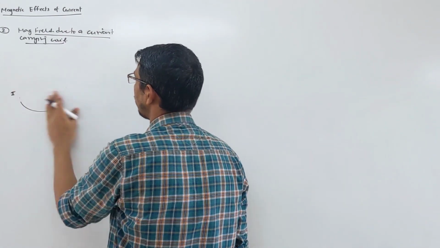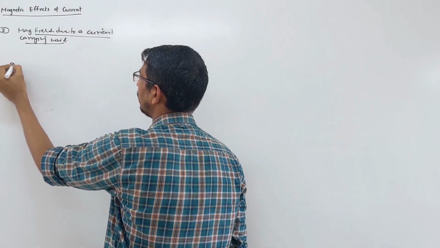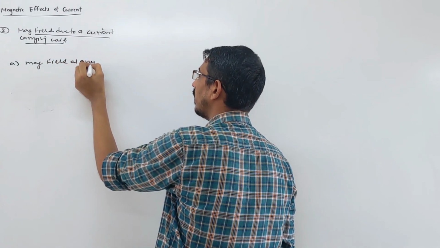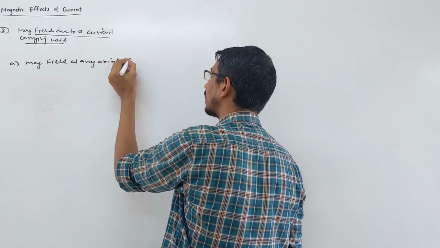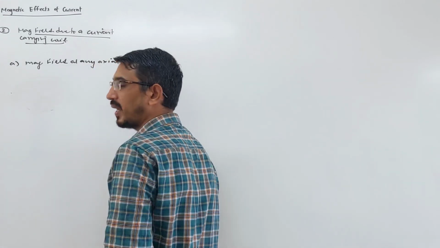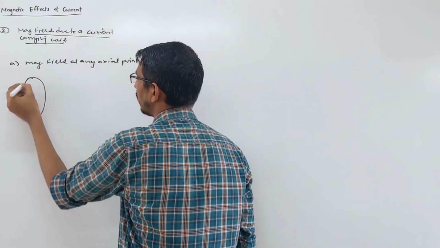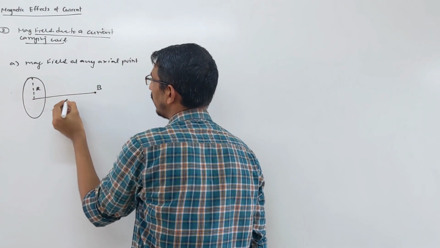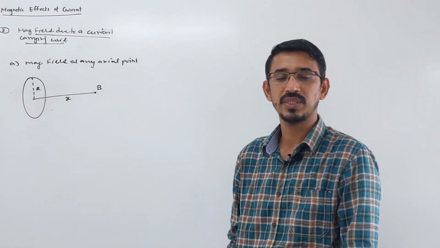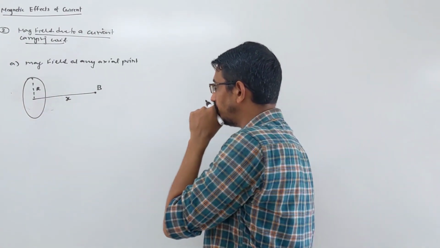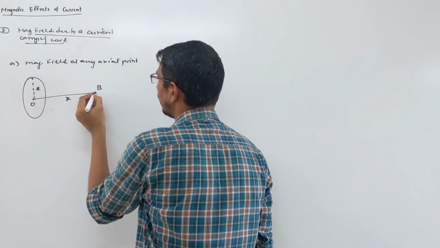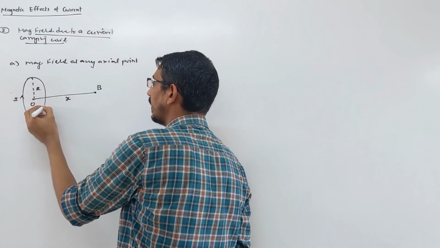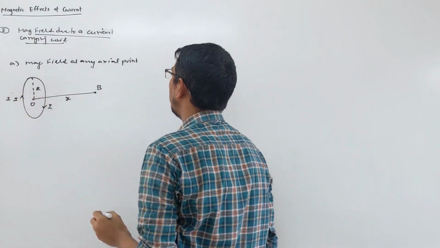Okay, so look here, the first simplest case, the general case, is the magnetic field at any axial point. You want to find the magnetic field at an axial point. This is your coil, the radius of the coil is r, and some point is here. Here you want to know the magnetic field at a distance of X from the center of the coil. At this point you want to know the magnetic field, and current I is flowing in this loop.